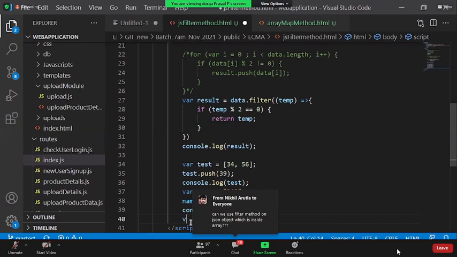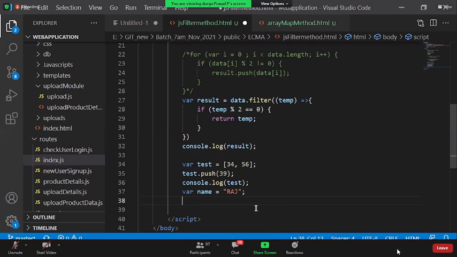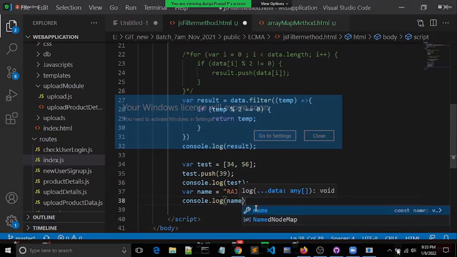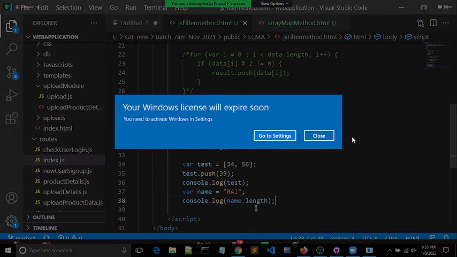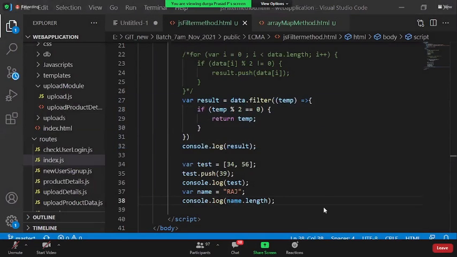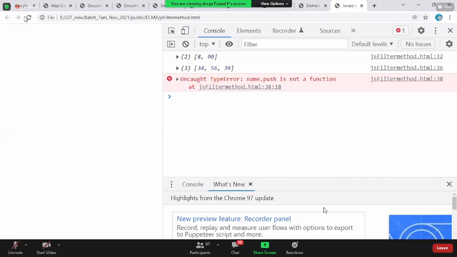Okay, for example, I have var name equal to Raj. Can you tell me what is the length of this name? How do you find the length of this name? Length method. We say console.log name dot length, right? Save this, open this, and reload the page.